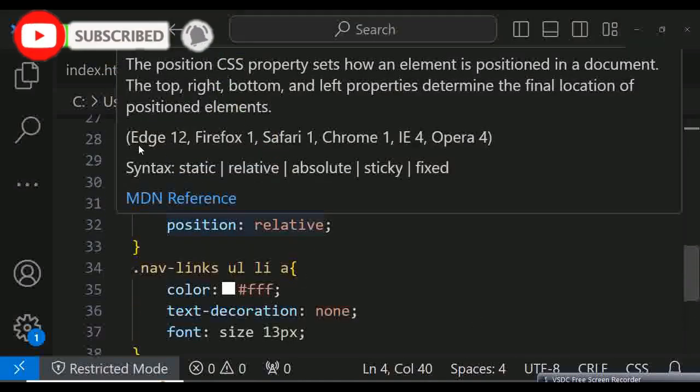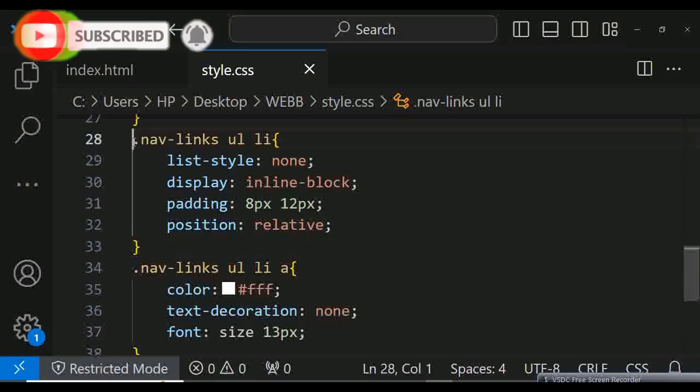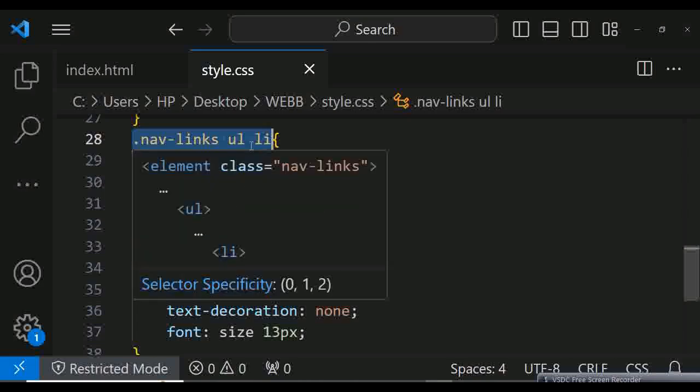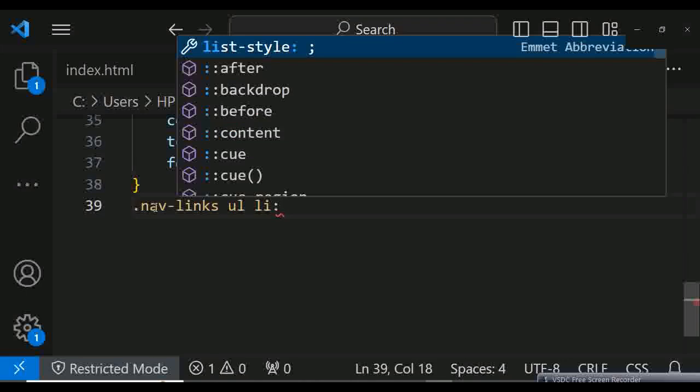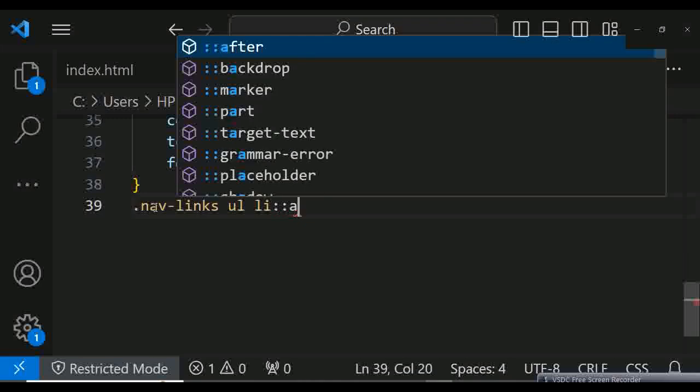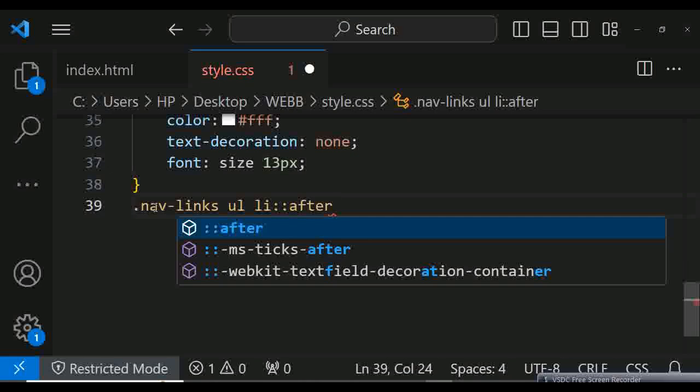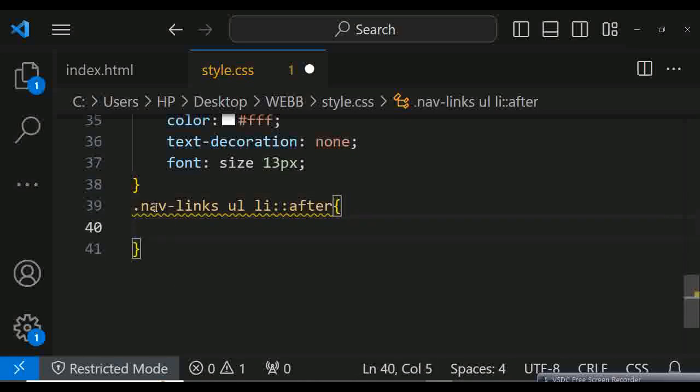So let's copy this. We want to add the hover effect. So let's copy this nav links ul li. So copy. After that, put colon, like this, then after. You want to know what will happen to it after you've clicked on that particular menu. So after,